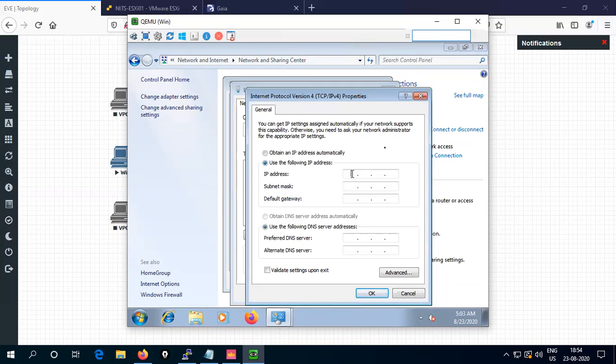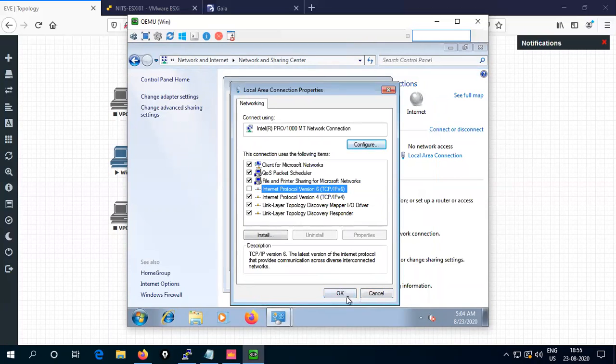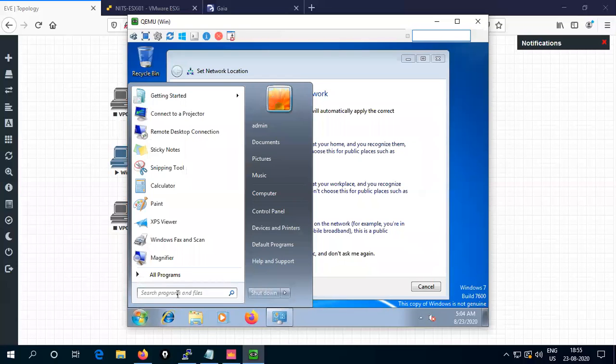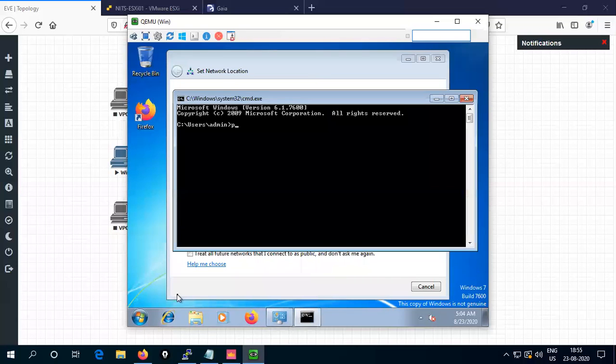I don't have any IP address, so let me give 10.1.1.10, and the subnet mask is /24, and 10.1.1.100 is my gateway. Now to access the internet, I can use a default DNS if I don't have one. IPv6 I don't want, I can remove this. Now, do I have internet? If I want to ping,